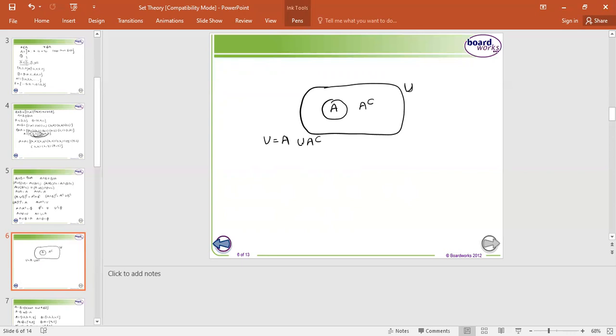Okay, if B is a subset of A, then inside a rectangle representing the universal set, a circle or ellipse representing set A is drawn, and the circle or ellipse representing the set B is drawn entirely within set A. It is because in this case, every element of set B is also an element of set A. A Venn diagram for B subset of A can be shown like this. Okay, this is the diagram for B subset of A.